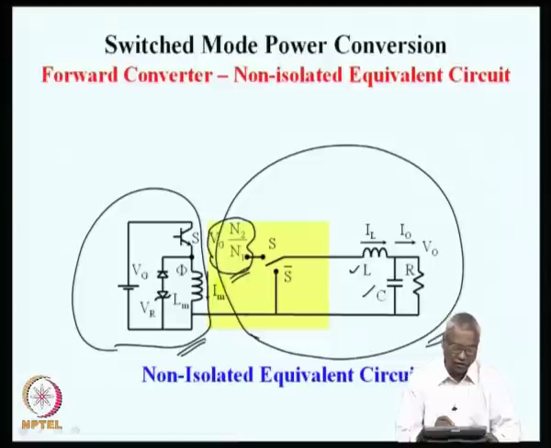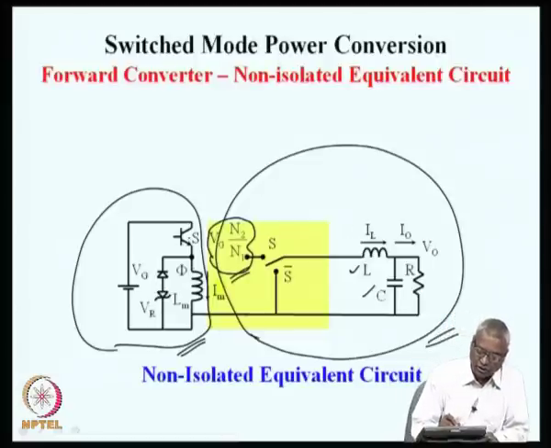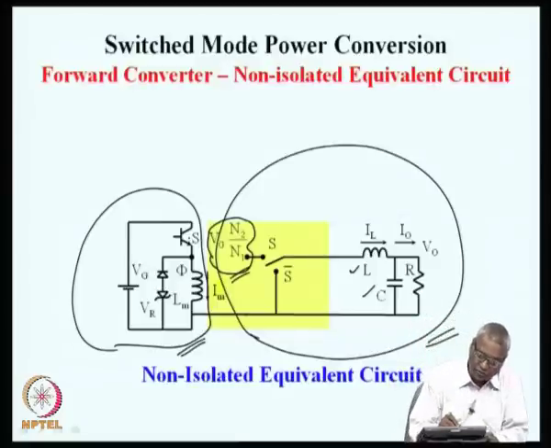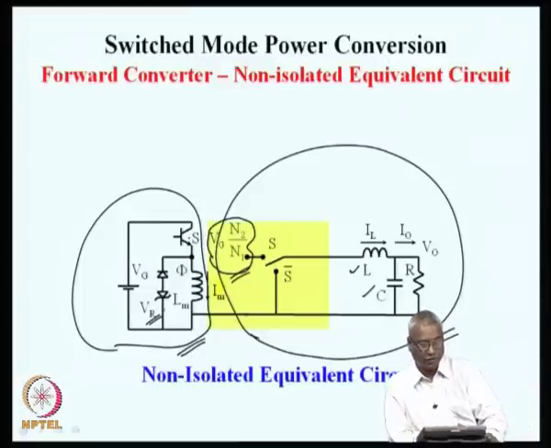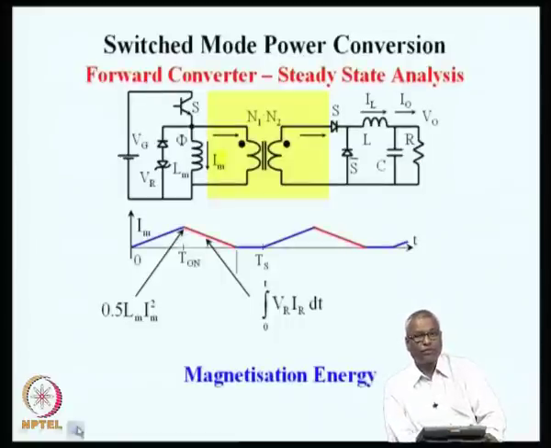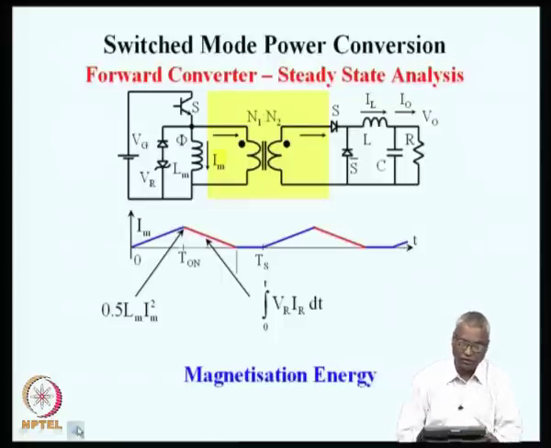The primary equivalent circuit, when the switch is on, the transformer is replaced by its magnetization equivalent Lm, and when the switch is off, this Lm is subjected to a voltage of Vr, which is a negative voltage. So, in this circuit, we could look at the process of magnetization and also the energy associated with the magnetization, and eventually the losses associated with the process of isolation.